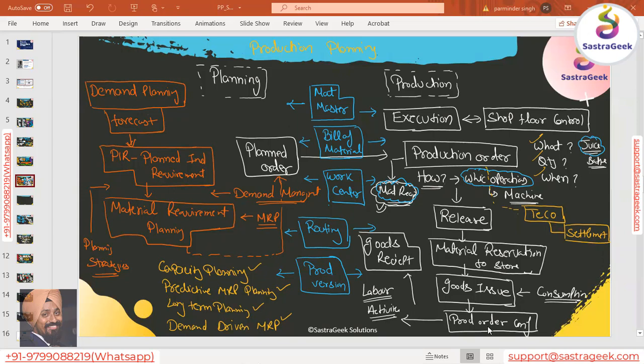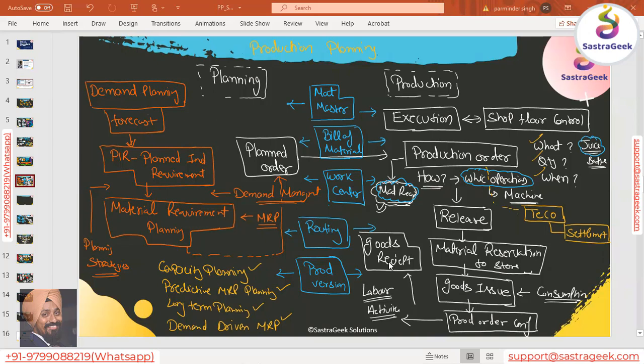Basically, in general, the production order confirmation would be linked with the activities: how many labor hours you have actually consumed, how many machine hours you have consumed. Those would be confirmed with the production order confirmation. But we can also automate it to do the goods issue together with the production order confirmation and do the goods receipt together with the production order confirmation.